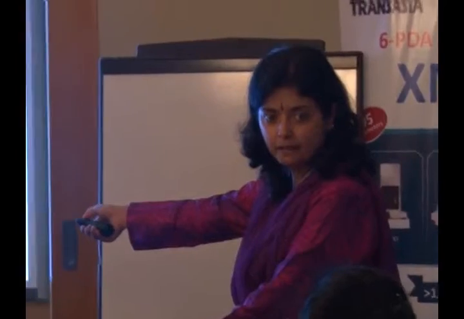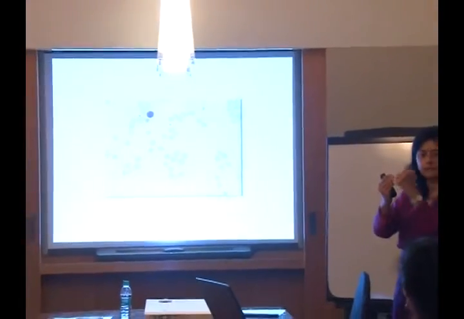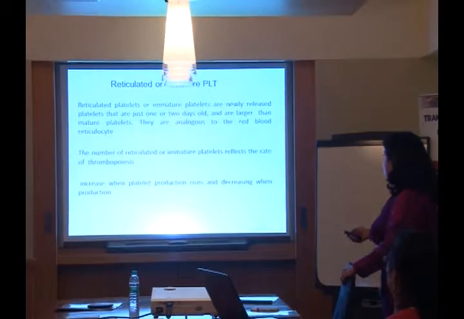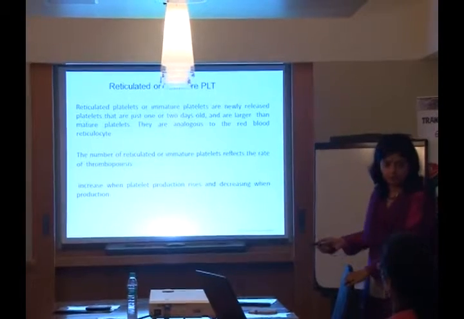When you have small spheros, they get counted as platelets. So you can get a false high platelet, even in thalassemia minor you can get a false low platelet. The microcytic RBCs will be counted as large platelets, and overlap is there. So then came the concept of the reticulated or immature platelet.